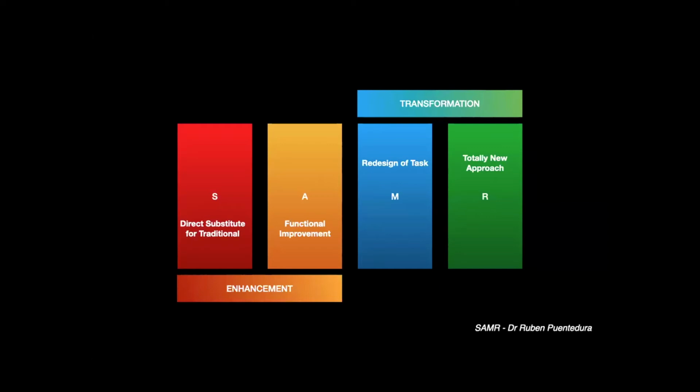If we then look at what could be seen as the pinnacle of this, that totally new approach under redefinition, we're going through that at the moment. We're going through a phase of education that has not been seen before. We're all at home. I know, obviously, in Wales, we've gone back to school this week, or students have gone back to school in some part, and in small groups. But things have changed hugely in how we've interacted with them over the last 3 months,